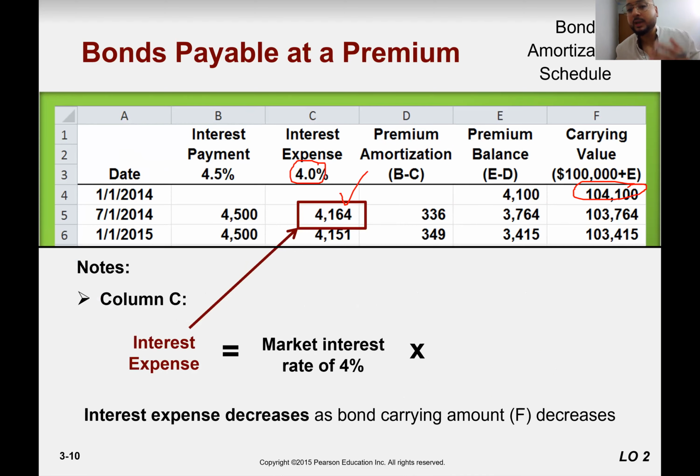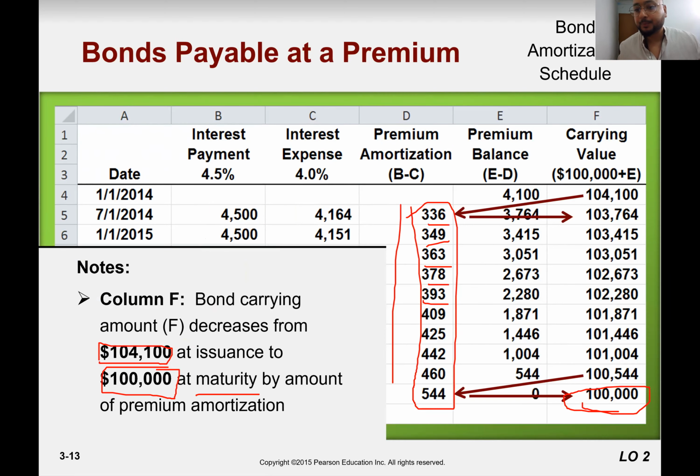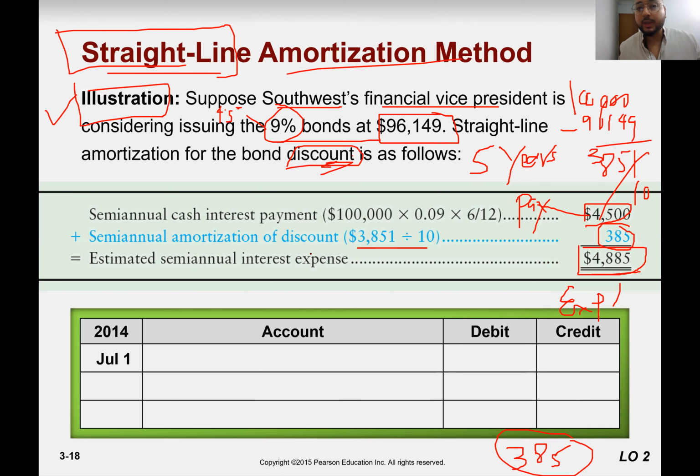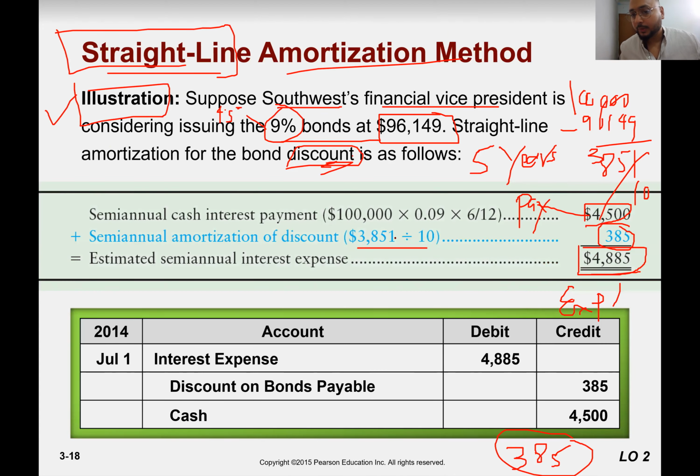Here it would be 48 something, 48 something, right? So 4,885 would be our fixed amount. So with no change in interest expense on every period, of course, there is no change in our discounted bonds payable entry either, the amount would be the same as well,